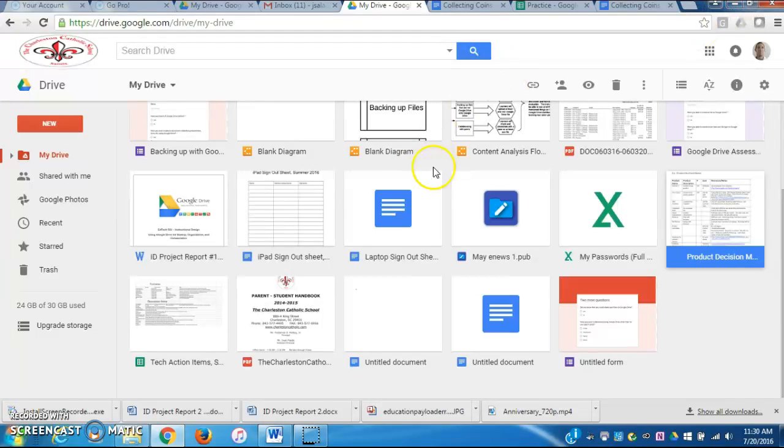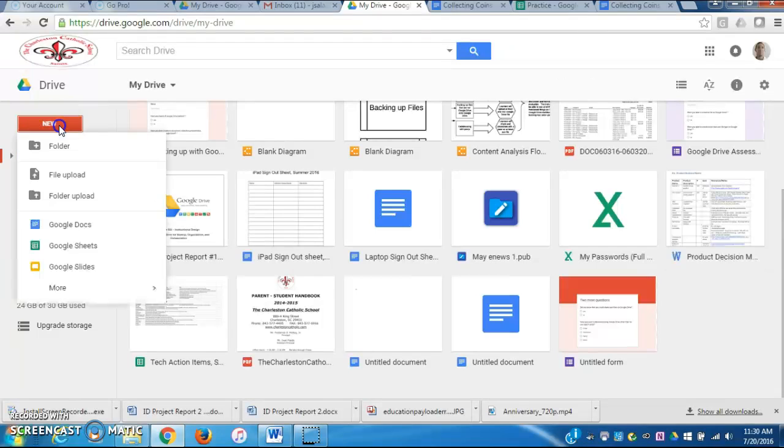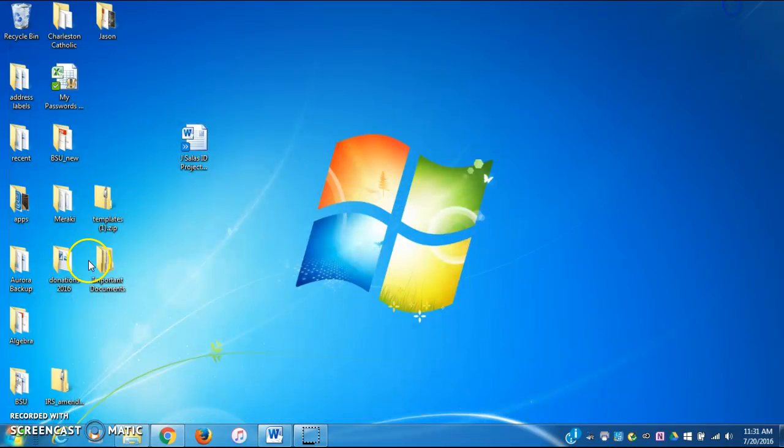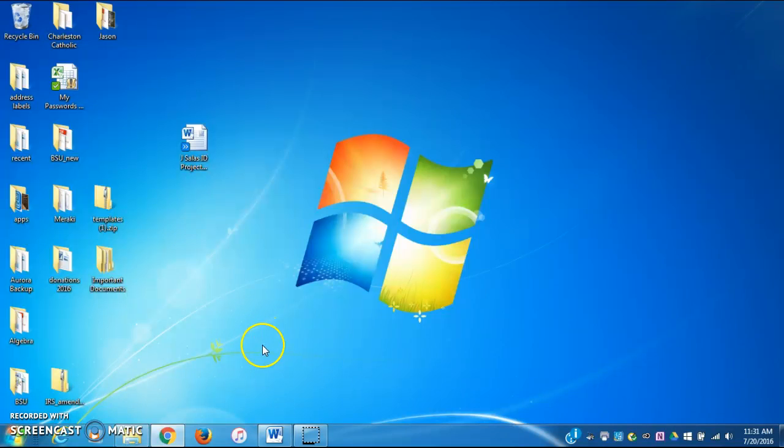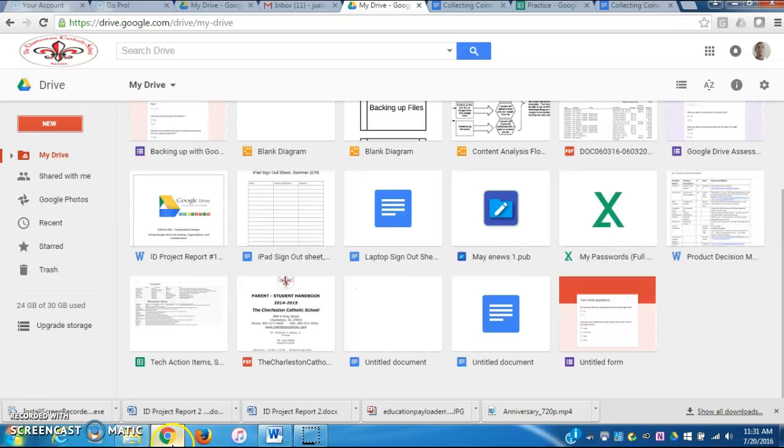So to do that, we can click New, and then go to Folder Upload. The first thing you want to make sure is that your folders are organized on your desktop, like mine are here. Let's say I just made this folder Meraki. If I want that folder in particular to be backed up, these documents are not made from Google Drive, but I would like them to be backed up to Google Drive so that they're cloud-based